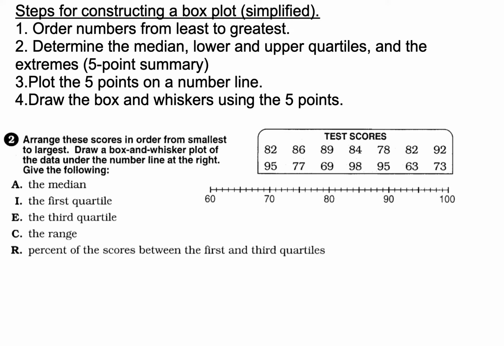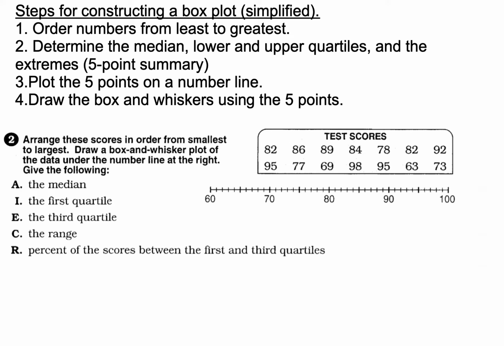There are basically 4 steps that I've come up with for constructing a box plot. You're going to order the numbers from least to greatest. Then you need to find the median, the lower and upper quartiles, and the extremes. That will give you what's called a 5-point summary. You're going to plot those 5 points on the number line and then draw your box and whisker plots using those 5 points. So our first example here, we're going to draw a box and whisker plot for these test